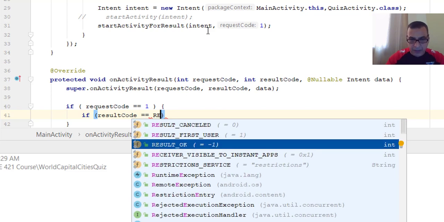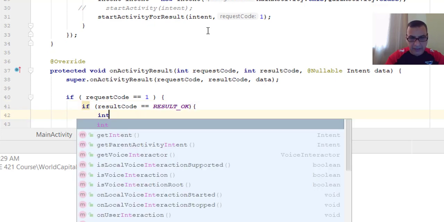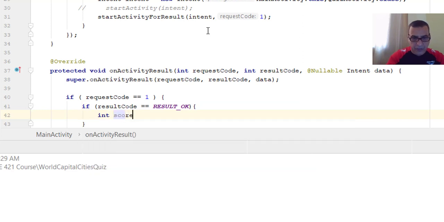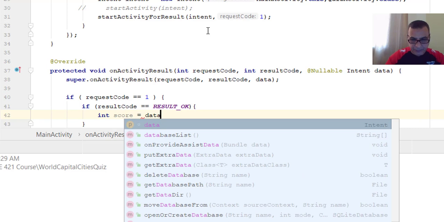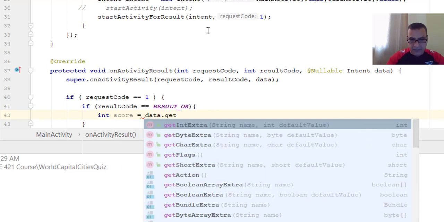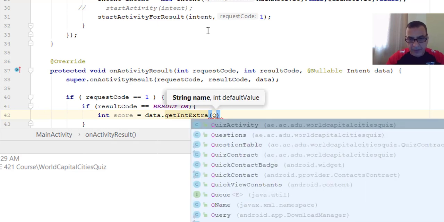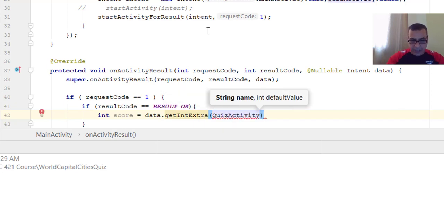Should be this one. This also okay. And so to do that, that's where we can get the results from. So we're going to create an int, for instance, a score equal to, and that's where we're going to get the values. And we've got data, and that's where getInt extra, because that's where we put the extras. We remember that, and we can say the QuizActivity. That's where that comes from, and refer to it as